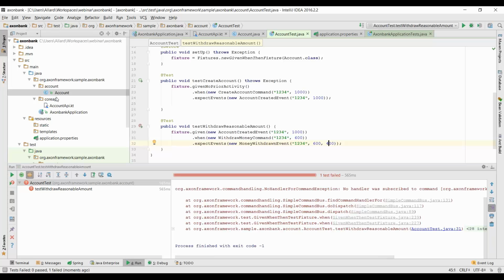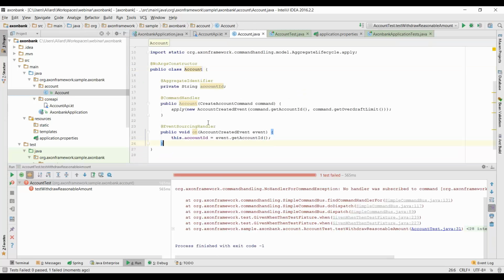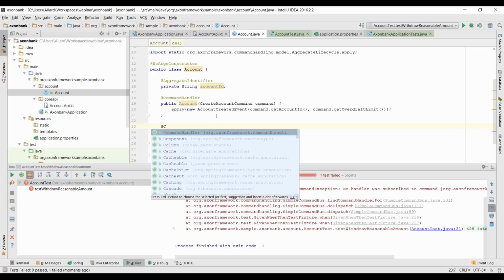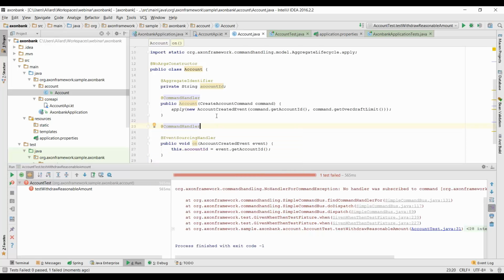And of course, there's no command handler for this. And you might think, oh, this is just because you're doing a webinar, but this is always the way I code. I just write my test cases. This is what I should do, and then I just run it. And oh, there's a handler missing, or there's an if statement missing. I really don't care about any functionality unless I've got a test case for it that shows that the aggregate can actually do that. So we need a command handler here for